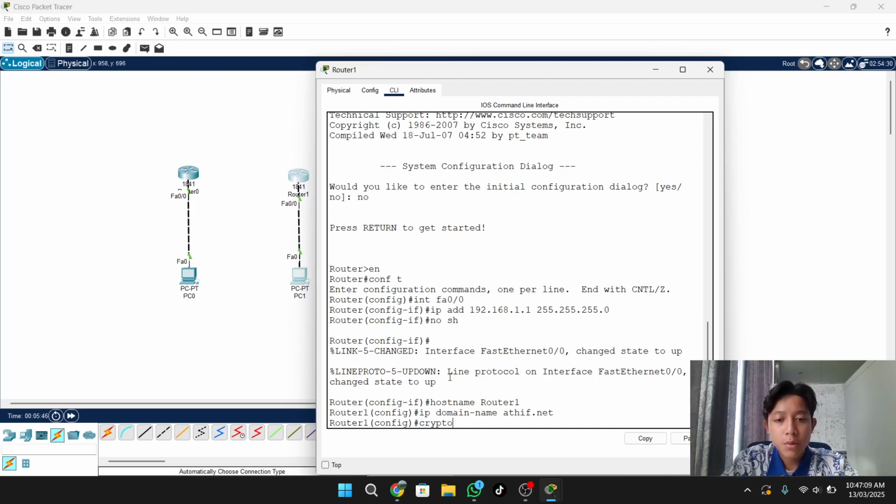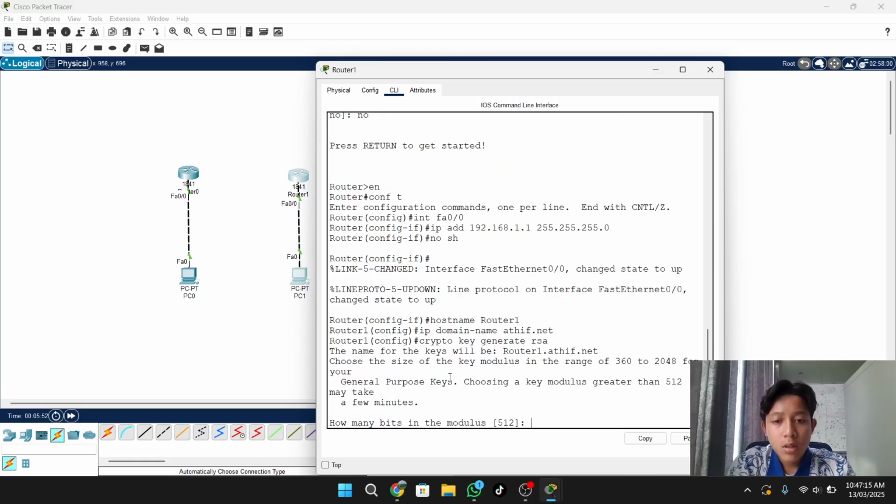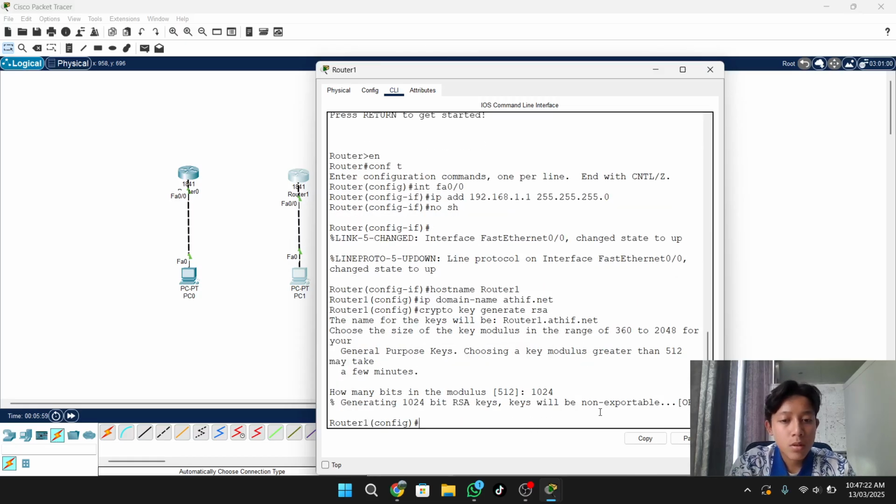You can type crypto key generate rsa, and for how many bits, 1024. Okay.